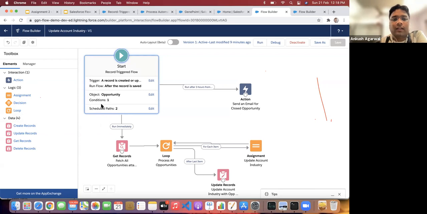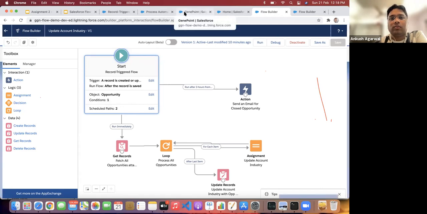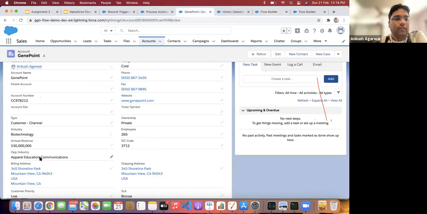Yeah, so for debugging, what you have to do is activate your debug logs and run it. Before running in production, you have to perform proper testing in the sandbox itself. You can try to create some records over here with all the permutation combinations.